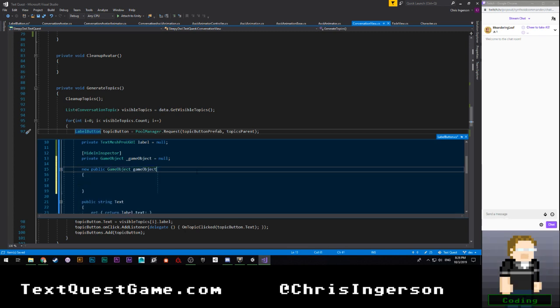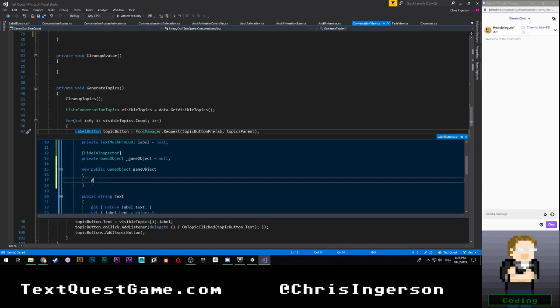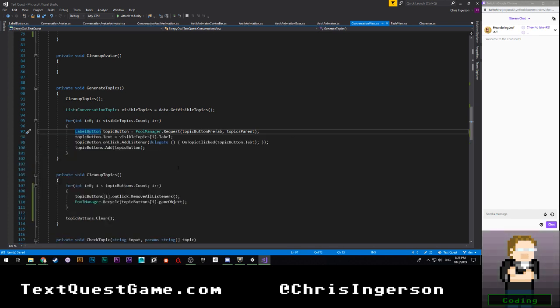Wow, didn't mean to do that, but sure. We're going to say get return _gameObject is not equal to null ? _gameObject : else _gameObject is equal to base.gameObject. Pretty straightforward. And now I can recycle that without worry.